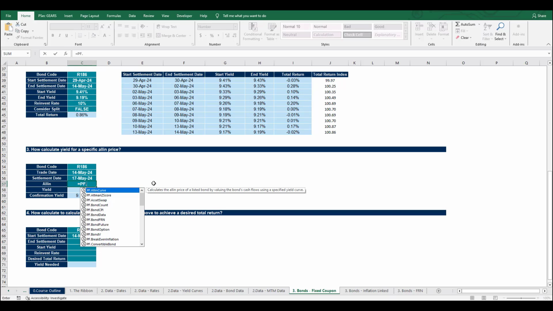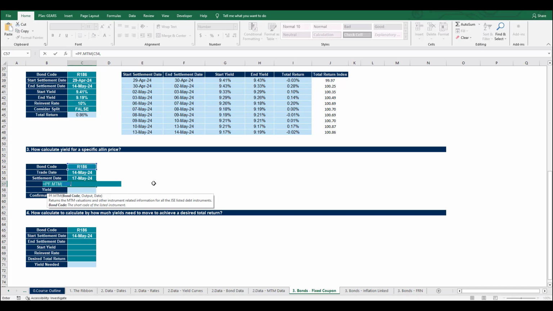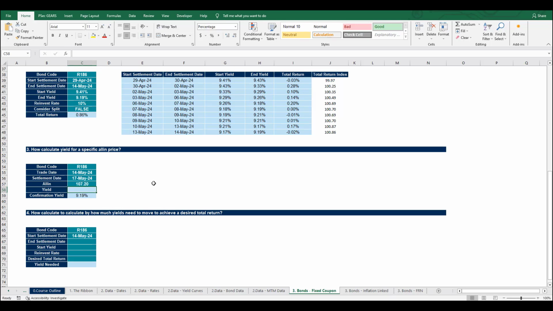So let's get the all-in for yesterday. We are getting the bond code, we are getting the all-in, and we are getting the date. And our all-in is 107.2. What we would need now is